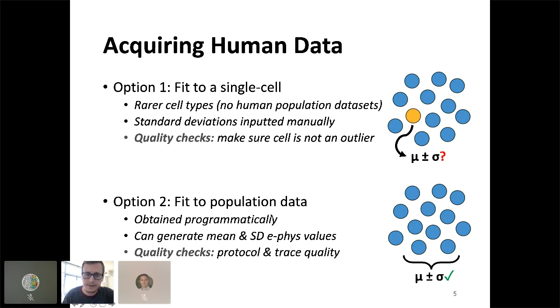If you have access to a large enough population of cells of the same type, you can obtain that data programmatically, and from that data, you can generate means and standard deviation EFEL values as you would normally with BluePyOpt. The quality checks that you want to do with this, though, is to make sure that the protocol